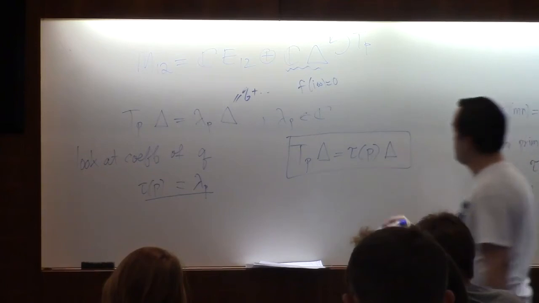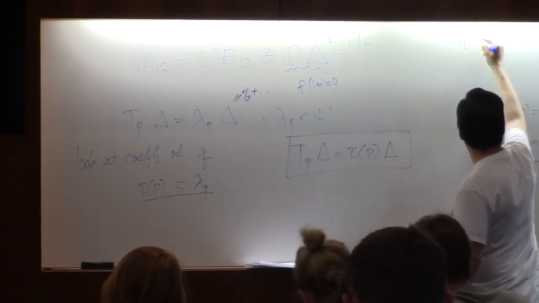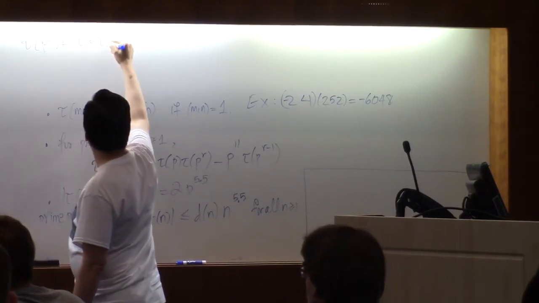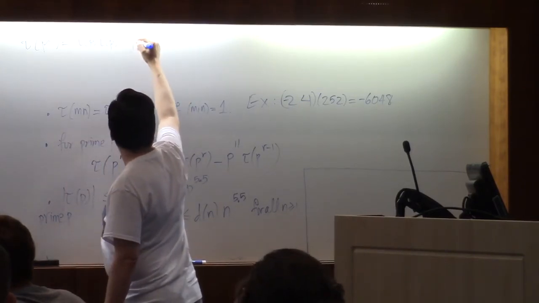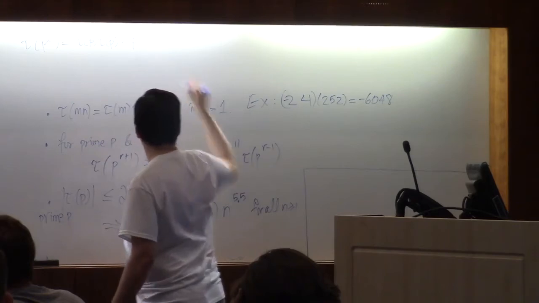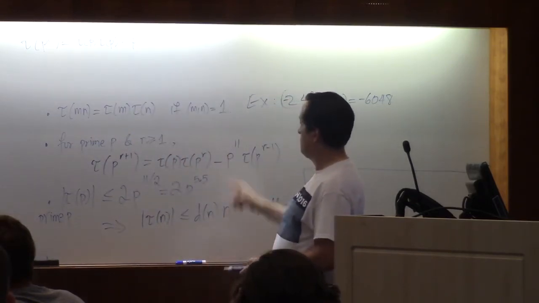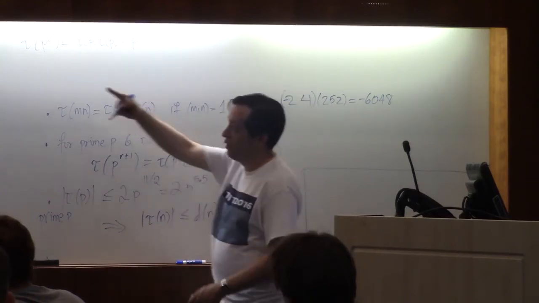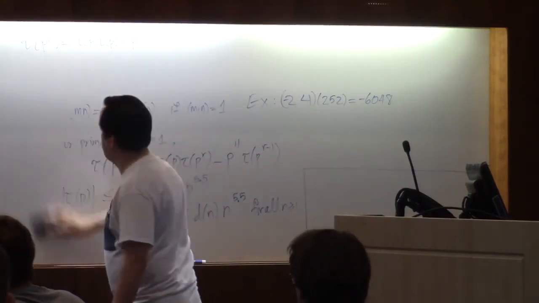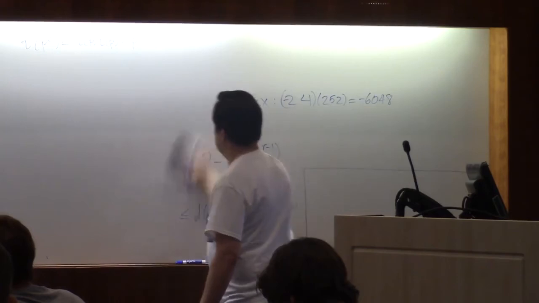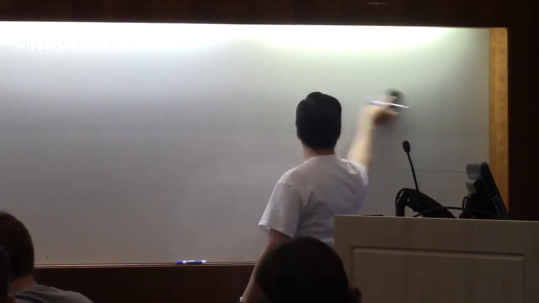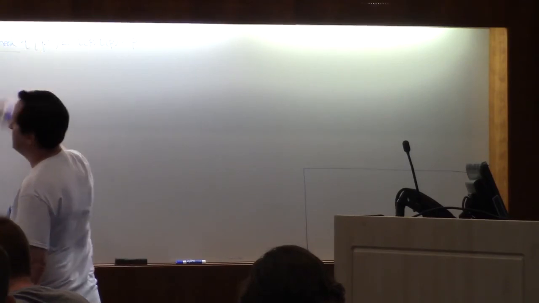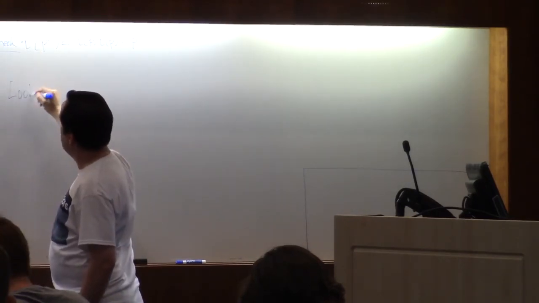Prime power. So let's show tau of p squared is tau of p minus p to the 11 times 1. Tau of p, right? When r is 1, you get 2, and r minus 1. So tau of 1 is 1. Okay? So let's check this. So all we have to do is look at